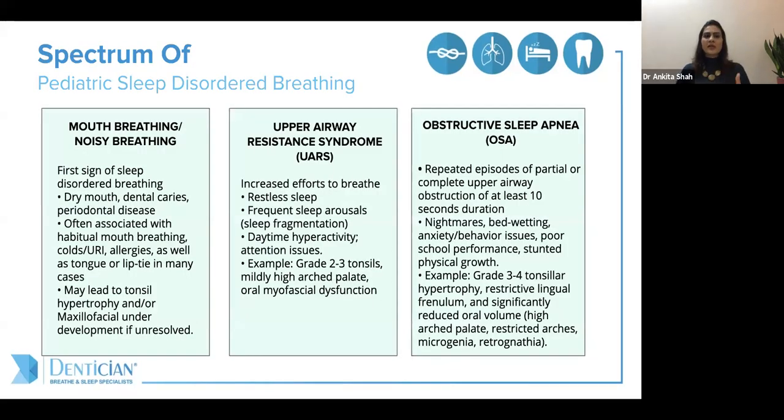So before I begin sleep disordered breathing, I want you to understand that there is a spectrum of pediatric sleep disordered breathing. And remember, I'm stressing on the word spectrum. Because of this, it usually starts with,